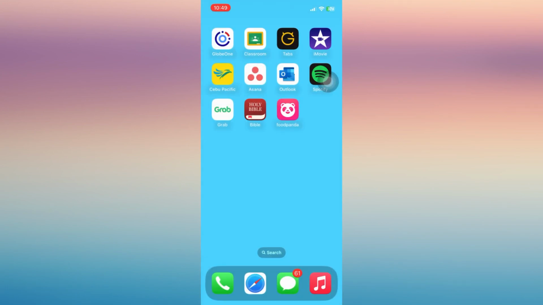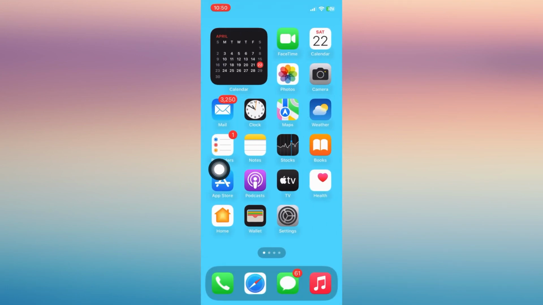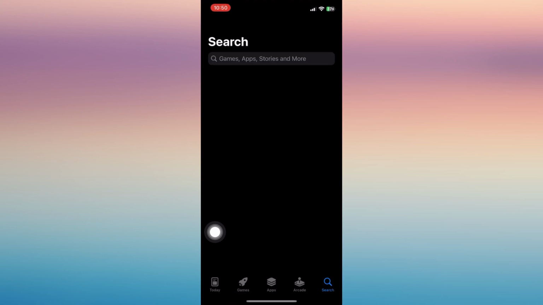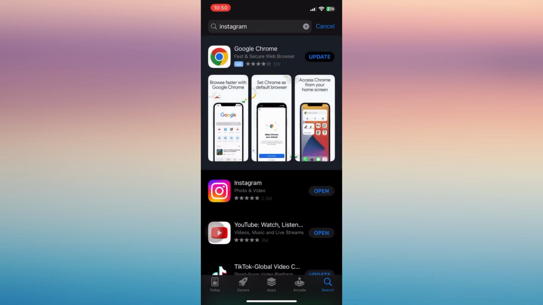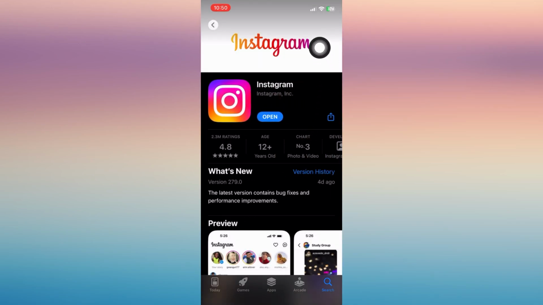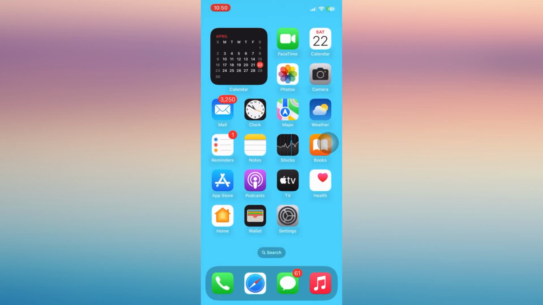Now if it's not working, you can just check on your App Store or your Play Store whether your Instagram account needs to be updated. Usually you'll be able to see in there that blue button, it will say update. Just click on it and have it updated, and go back to your Instagram again and check if it's